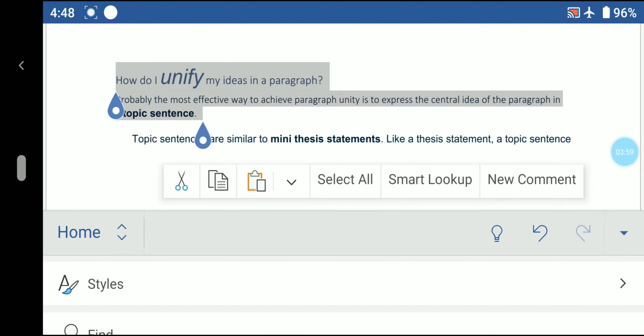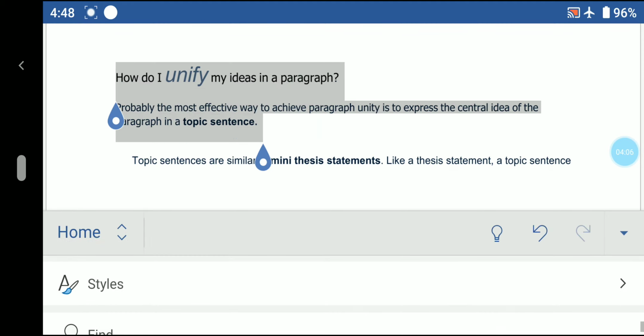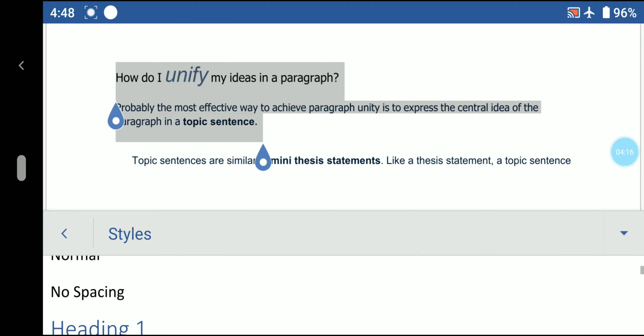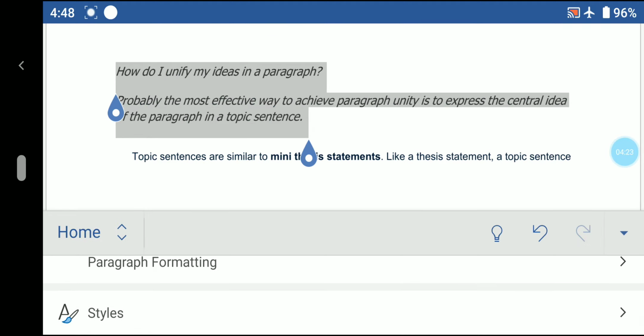Now let's try another option, Attribution. Whenever you apply it, it automatically changes. Then we will quickly go for Emphasis. There are many more, like Subtle Emphasis.